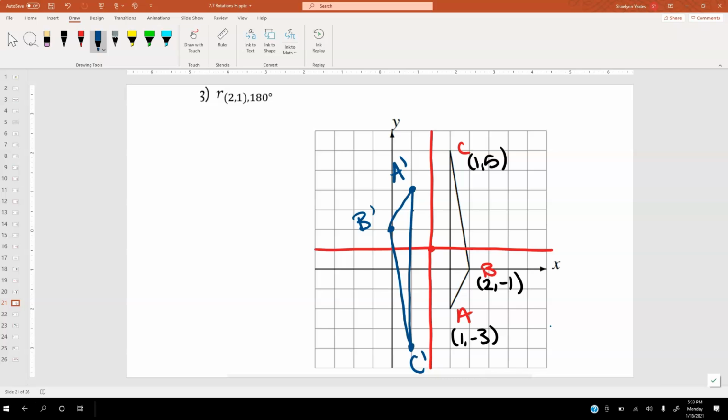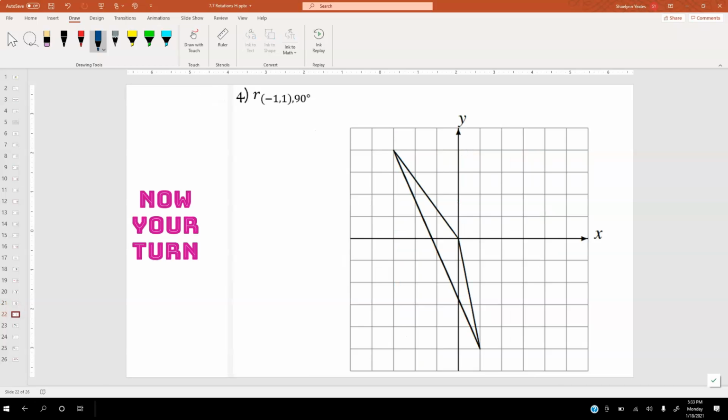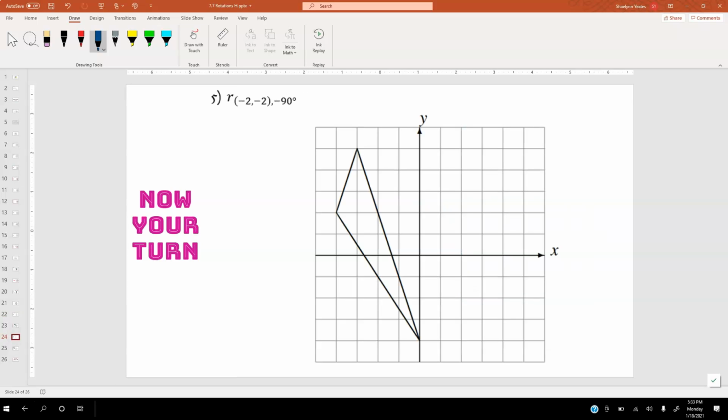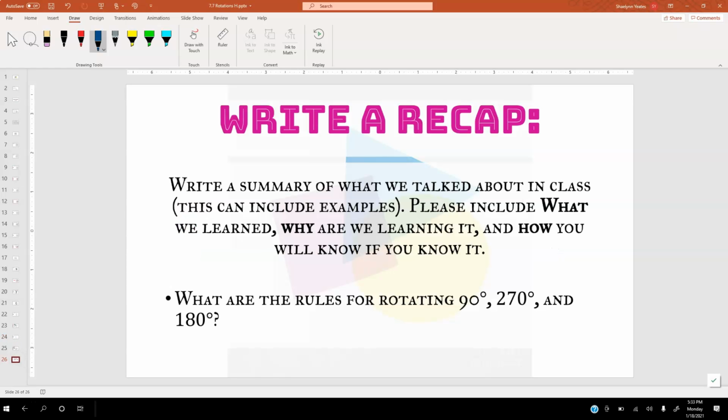Okay? So I want you guys to go ahead and try this rotation here and try this rotation here. Once you're done with that, go ahead and write your recap. Write the rules for rotating 90, 270, and 180 about the origin. Okay? And that way, and then maybe write a little piece about how to change your origin to wherever